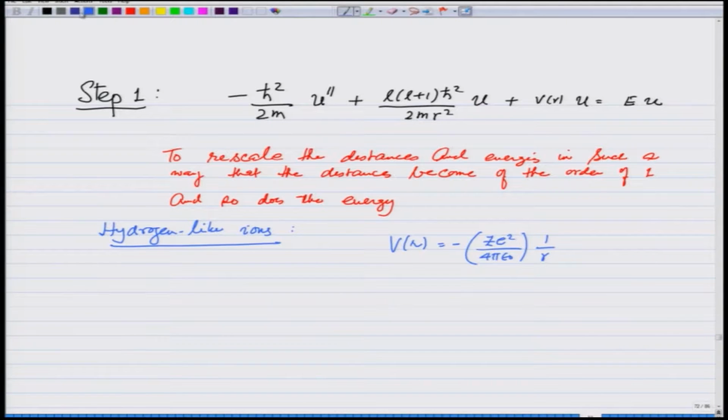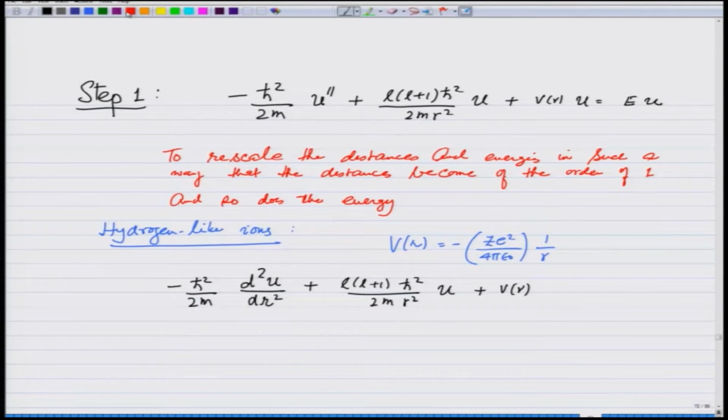So, my equation for u is going to look like minus h cross square over 2m, let me write the double prime explicitly, d2u over dr square, plus L(L+1) h cross square over 2m r square u, plus V(r), which I am now going to replace by minus Z e square over 4 pi epsilon 0 u over r,